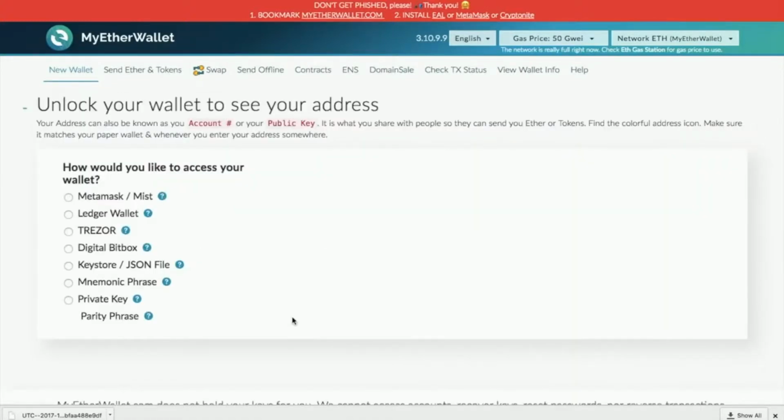And there are different ways that you can access your wallet. So you can access your wallet using MetaMask or Mist, the Ledger hardware wallet, a Trezor hardware wallet, Digital Bitbox, Keystone or JSON file, which is what we've just downloaded, mnemonic phrase, or a private key. And what I'm going to do is use the key store or the JSON file that I've